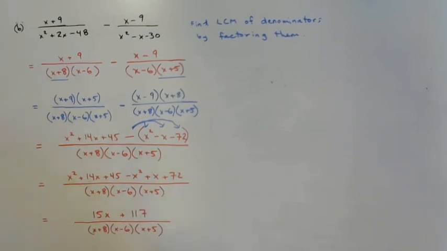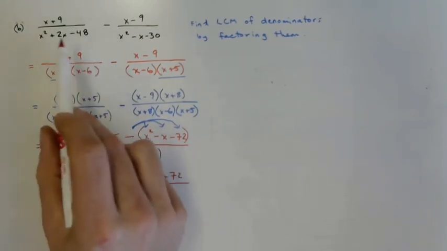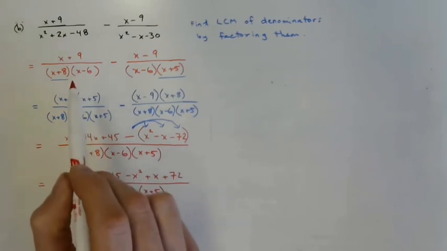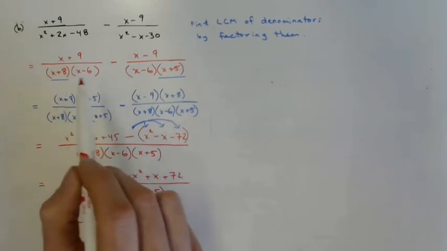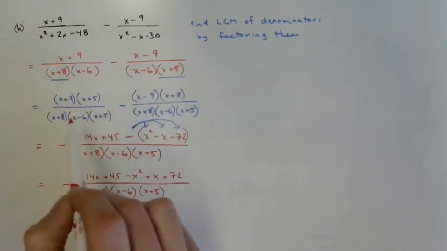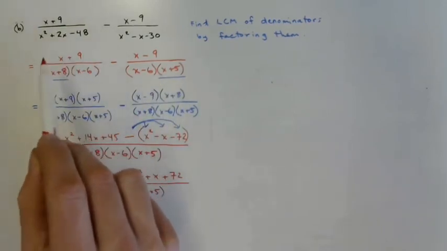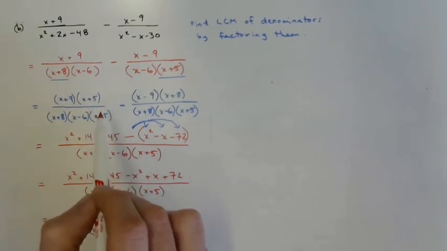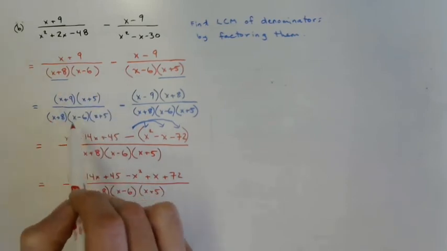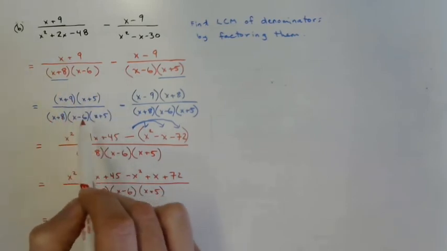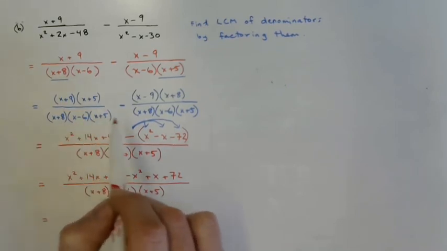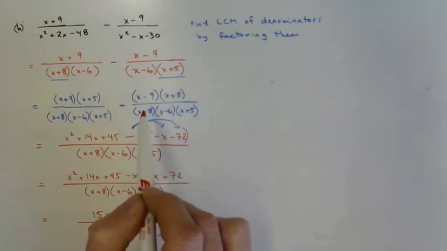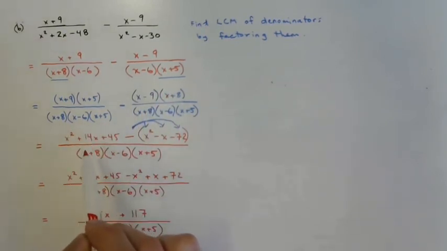Okay, this is the difference between the 2 original rational expressions that we got. What did we do? We factored the denominators, in order to find out which factors were missing to create a common denominator. When we realized that the first term was missing x plus 5 in the denominator, we multiplied top and bottom by x plus 5, not changing the value of the expression, but just changing what it looks like so that we could get a common denominator. Same over here, we realized we didn't have an x plus 8 term, so we multiplied top and bottom by x plus 8. Once they had a common denominator, we could combine them,